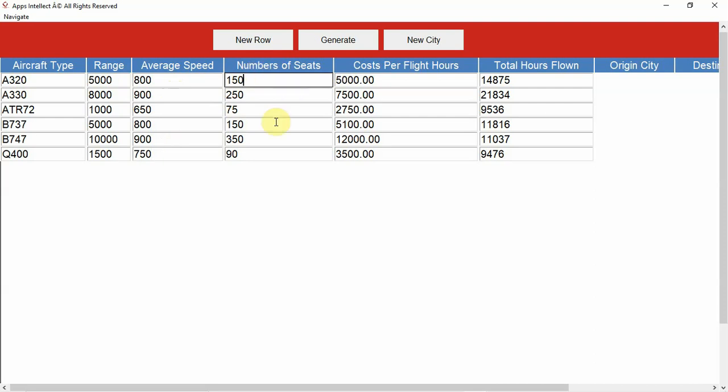The number of seats available for these aircraft: A320 has a capacity of 150. A330 has 250, ATR 72 has 75 capacity, B737 is 150, B747, the largest aircraft in this scenario, is 350, and Q400 has 90 capacity. Now the calculations